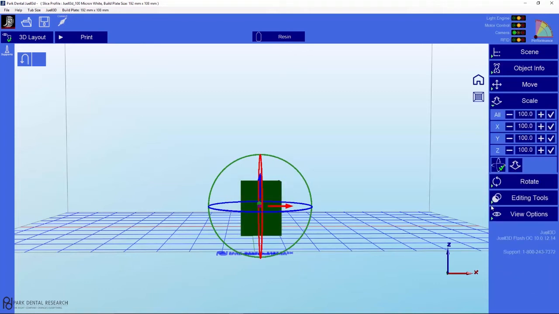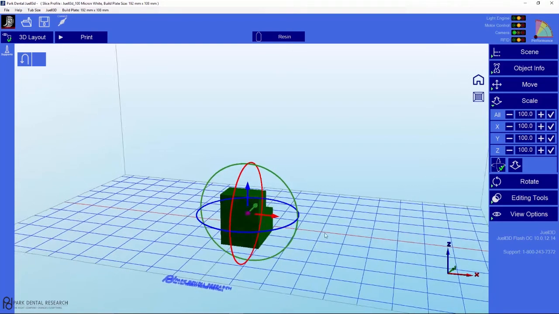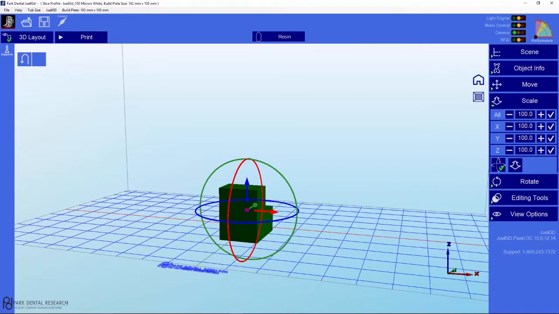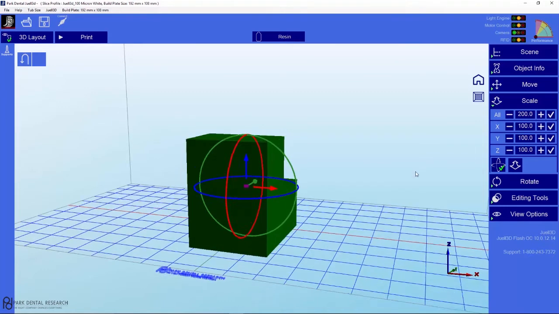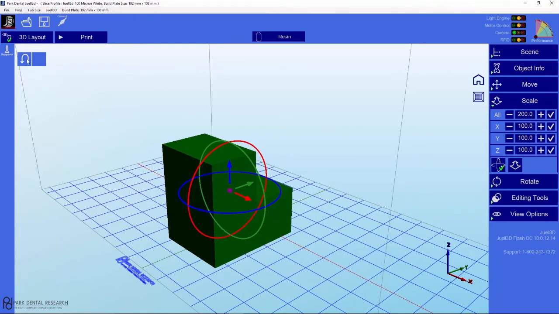Also, in our scale features, we have the ability to scale the object. So right now it's at 100% scaling. Let's say we wanted to make this object 110% of the size. We'd change that to 110, and we would click this button and you can see how much it's increasing the size. Let's make it a little bit more so it demonstrates. So if I were going to make it 200%, that's how big the object would be. I can click that. Obviously, we can come back and hit go back, and it'll take it right back to